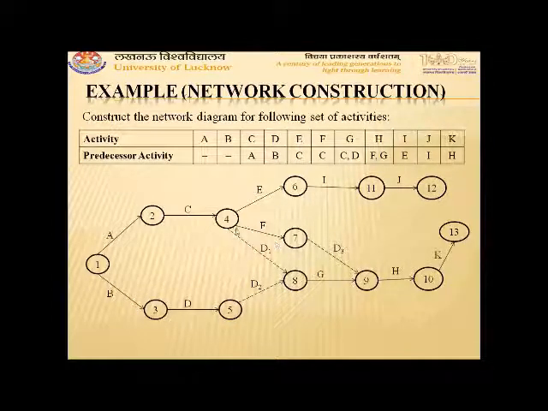Now we come to the dummy activities, and how we reduce them. So here you can see F and G both are predecessors of H, and individually these are predecessors of no other activity. So we can join F as well as G at the same event. That is, from 4 to 9 we draw activity F directly. Similarly, among D1 and D2 we can reduce one dummy activity, and the head of the arrow will be from C to D.